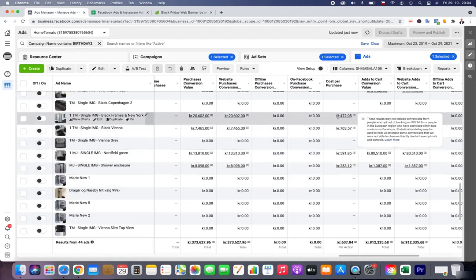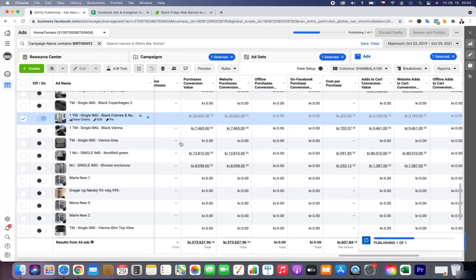But definitely this cost per purchase was quite high, but the purchase conversion value was mega high. So I think we shall give this one more chance.